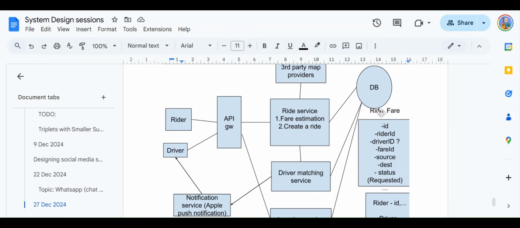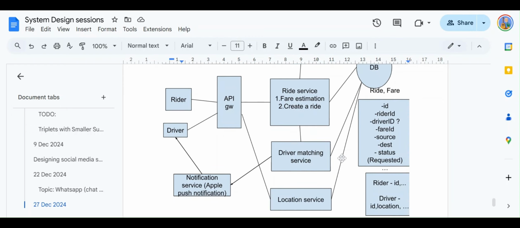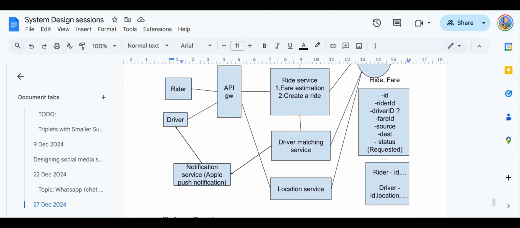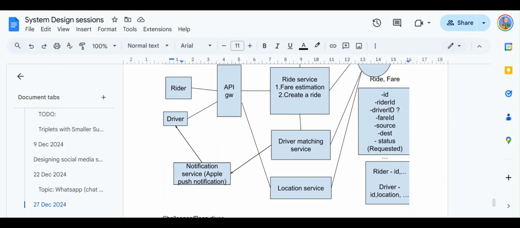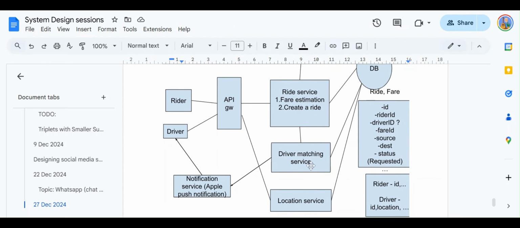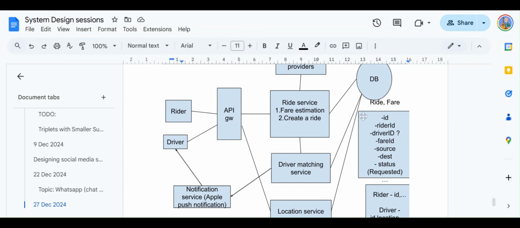To do that, it had to scan the entire database, all the locations, and then run a matching algorithm to find the location nearest to the rider, and then give it back. So this was the time-taking part.